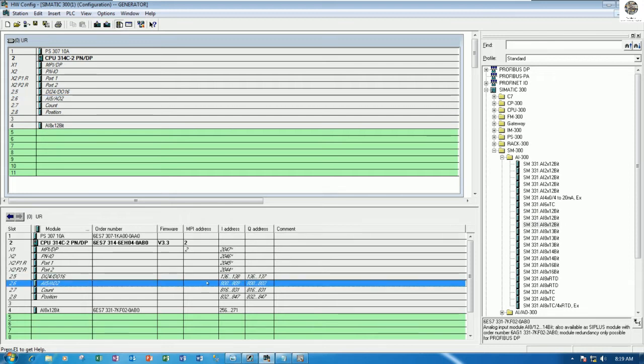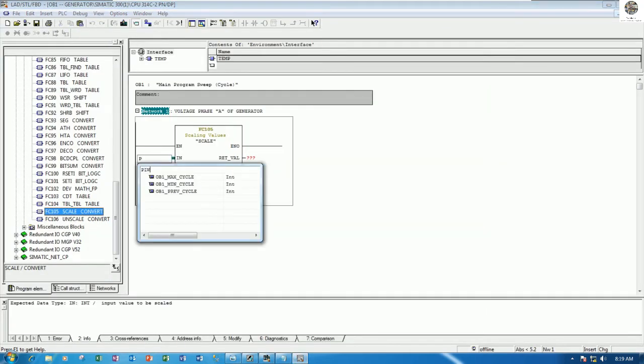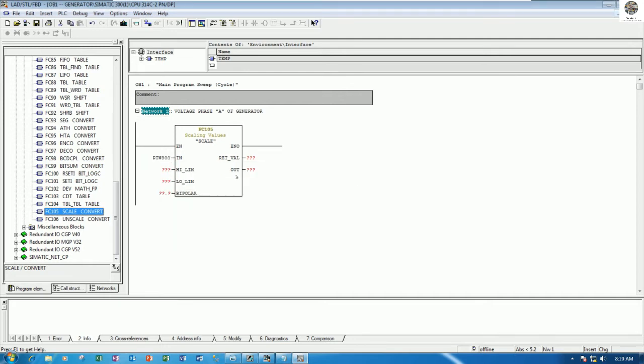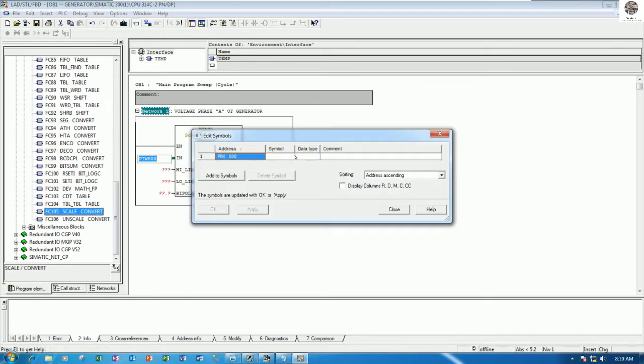It will start from PID 800, right? So example PID 800. Okay, and we can also edit the symbol, yes, and the data type is integer, example voltage, example phase A,